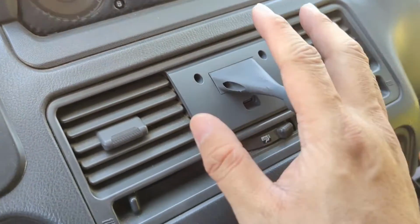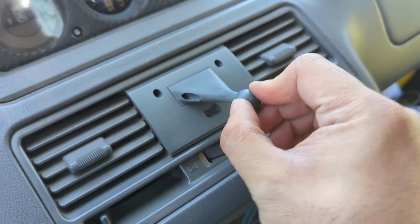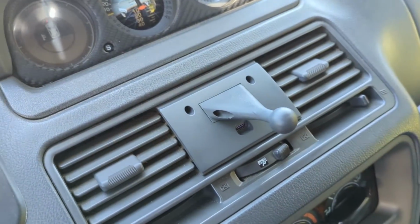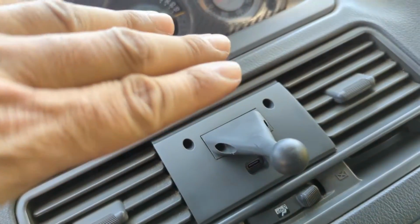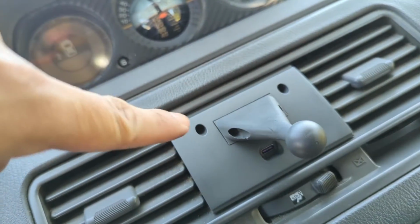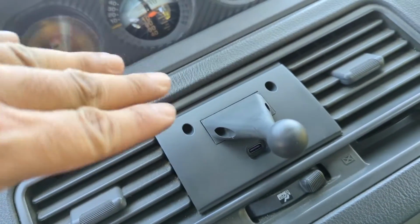Alright, it's basically installed. The base is installed here. Once you get it all screwed in, it's in there. I mean, it is not moving. It's well made. Everything is literally bolt on. The only hardest part is just mounting that support bracket. But once you get that done, everything